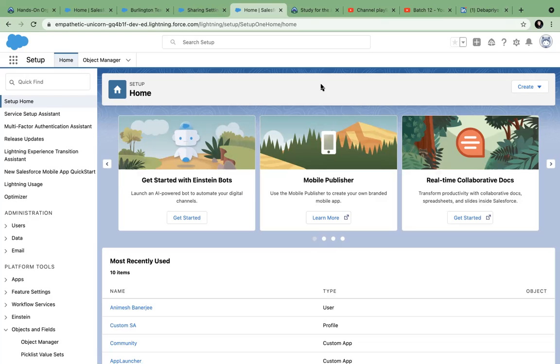Animesh, one question. When you are saying that's a bypass of org-wide default using the sharing rules, that means that's a bypass for accessing the record, I mean, record level security, right? That is bypass, yes. So non-owners can see the data. Because by default, if I am setting OWD to private, then non-owners cannot see the data, right? Yes. So how do I bypass that? As I said, there is a requirement that all US people should see US data. Right. So then you need a bypass.